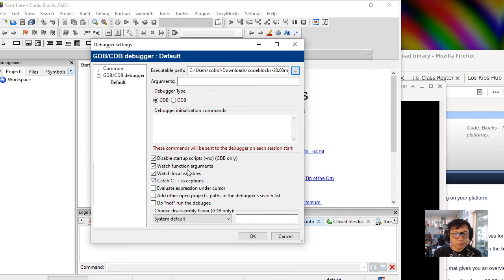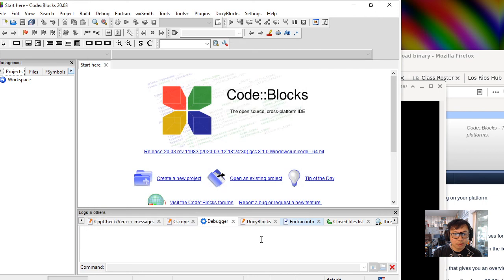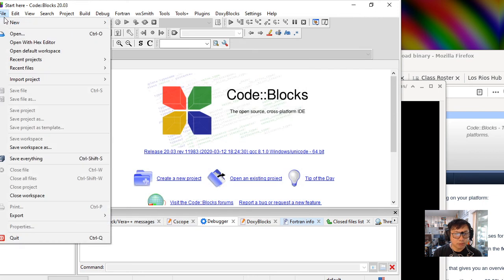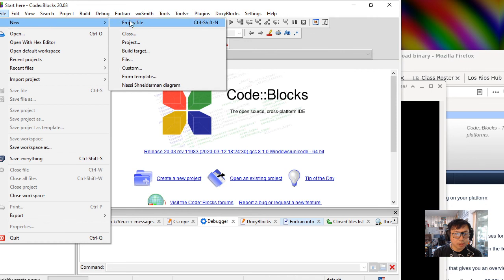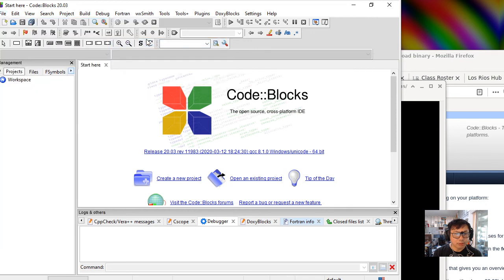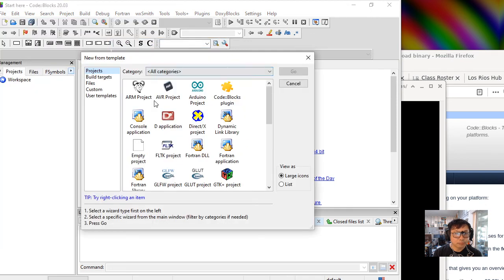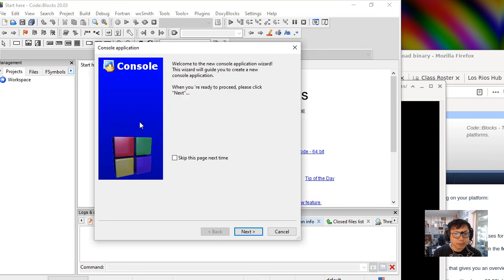You should probably want to keep all the defaults, so you might want to compare your configuration with the configuration here, and then you click OK, and that should do it. Now, just to be sure that this is actually working, we're going to start a new project because I didn't save the previous one. So we start a new project, make it a console application,